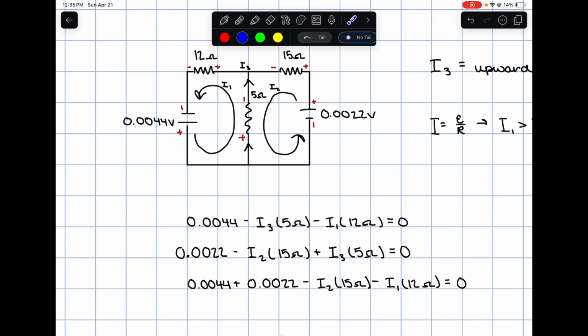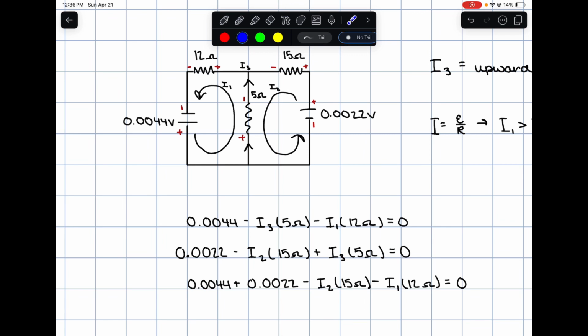Similarly, we're going to do the same process for this rightmost loop. We go across the EMF, or battery, and we get a positive 0.0022. Then we go to this resistor and subtract I2 times 15, once again going from positive to negative. Then we have a gain as we go across the resistor in the middle branch because we're going from negative to positive. So it's plus I3 times the 5 ohms,